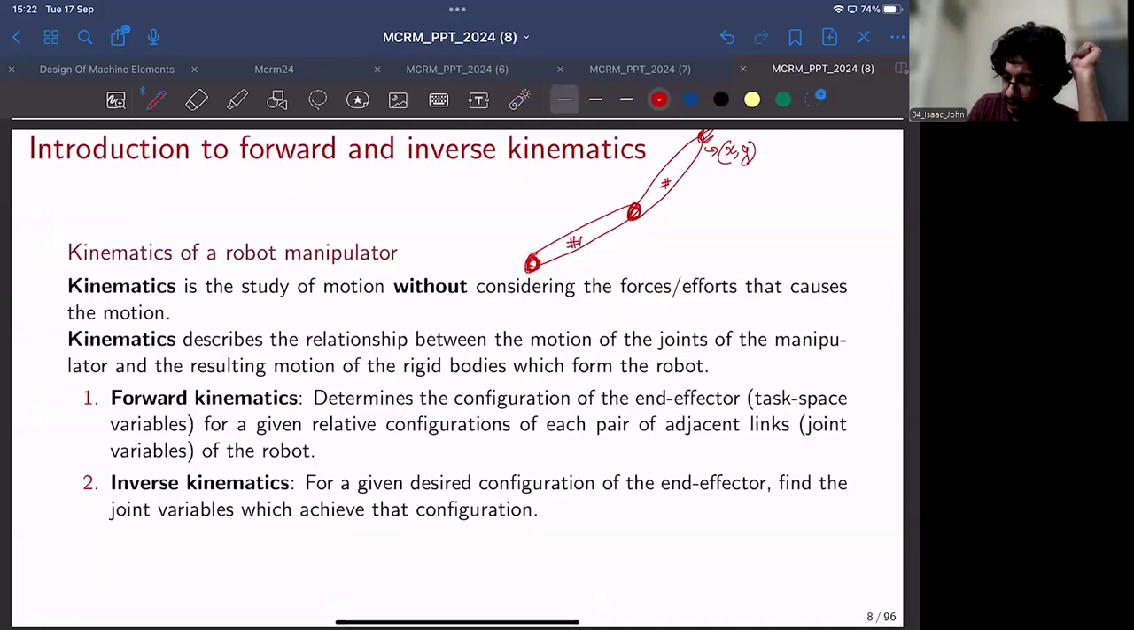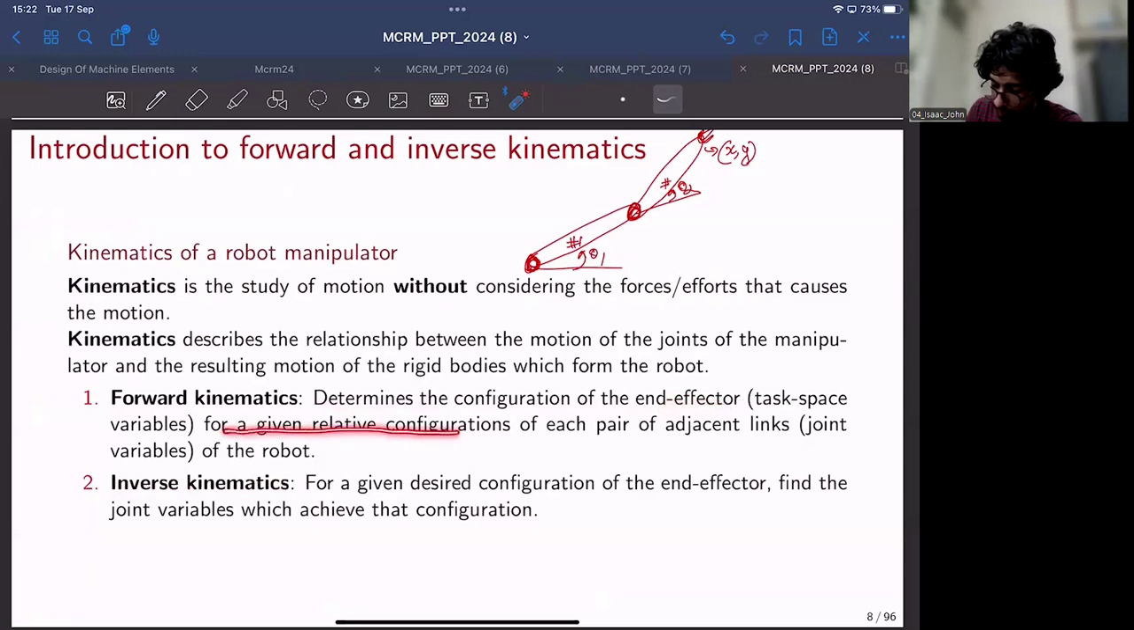If I call this joint rotation θ1, and this one θ2, the back and forth mapping from θ1 and θ2 to find the motion of this rigid body, X and Y, or the other way around, if you know X and Y, finding out θ1 and θ2. Those sorts of problems are what is dealt with in kinematics. And to be specific, there are two sorts of problems: solving kinematics in one direction is called forward kinematics, and the opposite direction we call inverse kinematics, where forward kinematics basically determines the configuration of the end effector